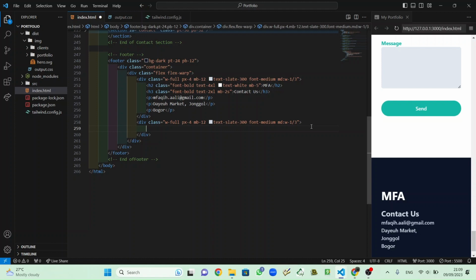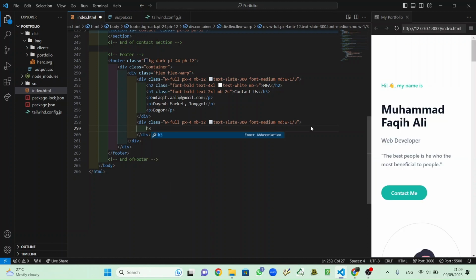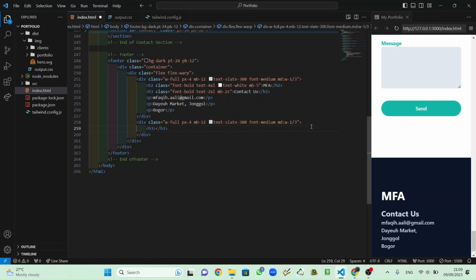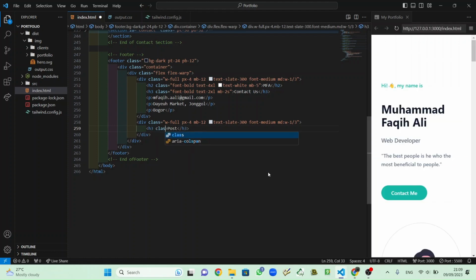Inside this, it has h3 with the same here. Okay, we need to add a post here for the content, and also this class